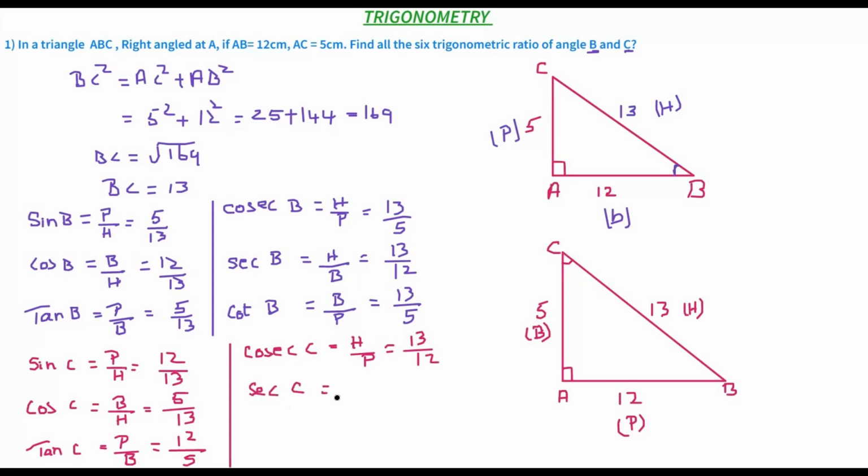And the secant C, which is hypotenuse by base. So here we have 5 by 13. We can just directly reverse this as 13 by 5. Easy. Now tan C will become cot C. Cot C is, right, cot C is base by perpendicular. We are just going to reverse the tan, which is 5 by 12. Isn't it easy? Now I think you have understood how to find the base and the perpendicular for the angle